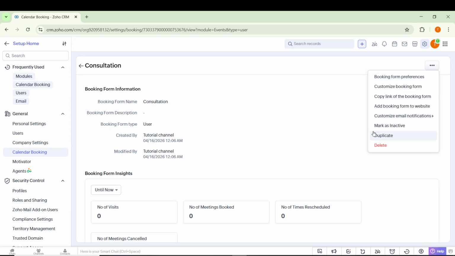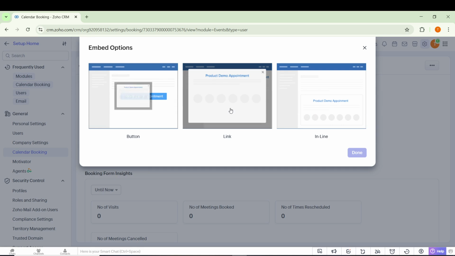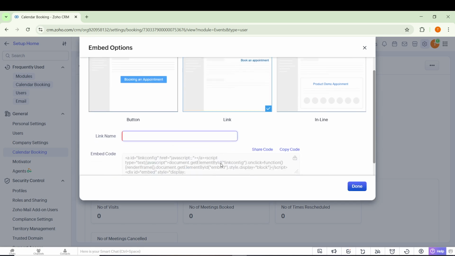After your availability and service are set, you are ready to share your schedule. Click Share to generate your booking link. This link is what you will send to others, so they can pick an available time without emailing back and forth. Finally, copy that booking link and paste it where people will see it, such as inside your email templates